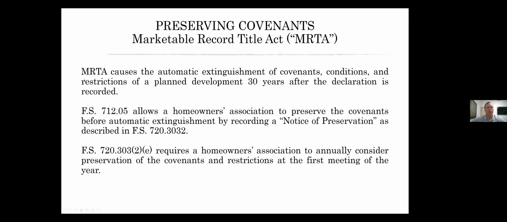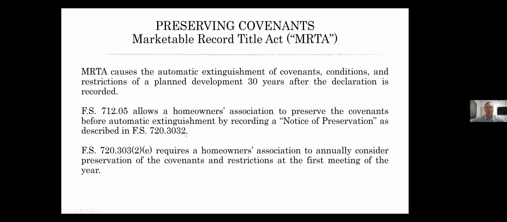So you want to do that, and you are required every year to consider whether it is time for you to preserve your documents. 720.303(2)(e) requires that at the first meeting of each year, the board is required to consider whether or not you need to take steps to preserve your documents.